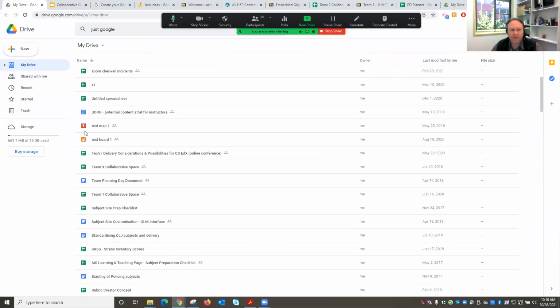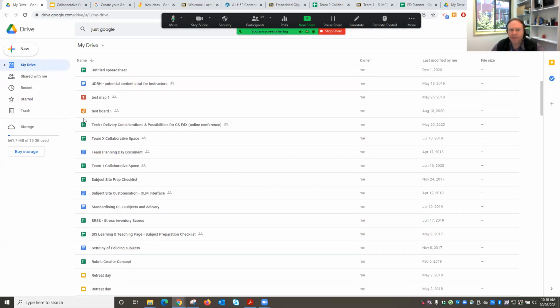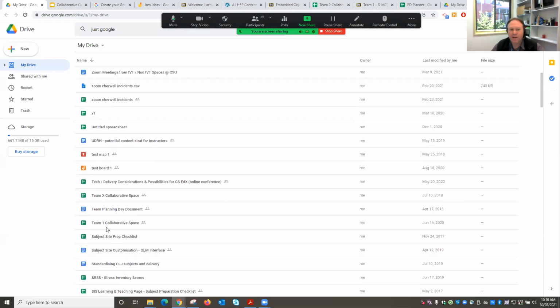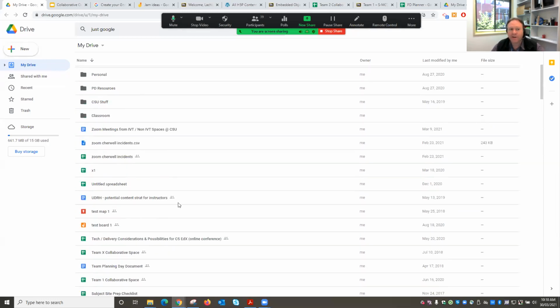And then all these icons along the left-hand side refer to the different types of applications that have been used for these file types. So this kind of green cross thing is Google Sheets. The blue lines on the page is Google Docs. Then you'll see other types, whether they're slides or boards, things like that. You'll get used to what those icons refer to in terms of file types, but it's on the left-hand side here, you can see 15 gigabytes of storage, and I've only used 600 megabytes,